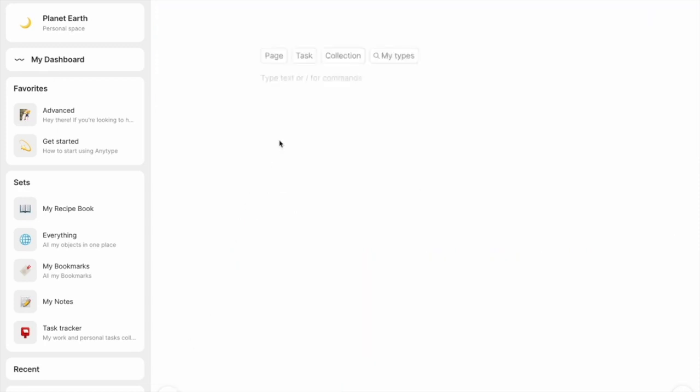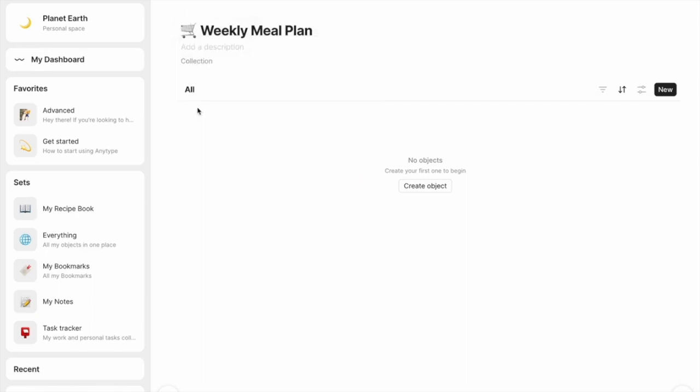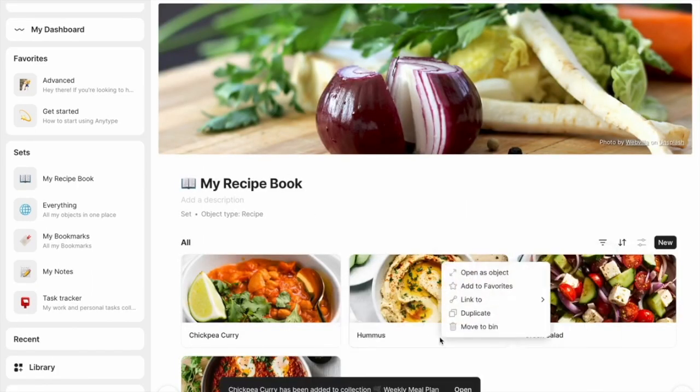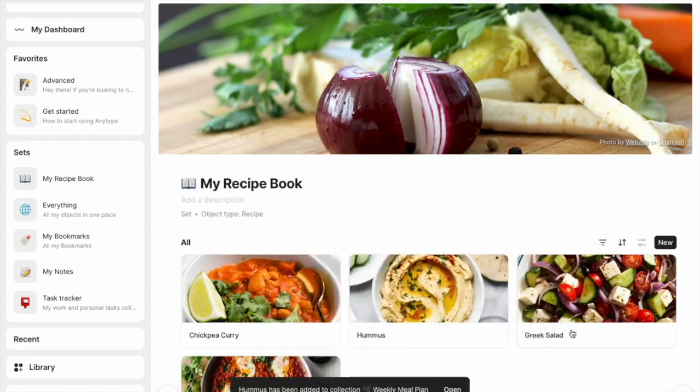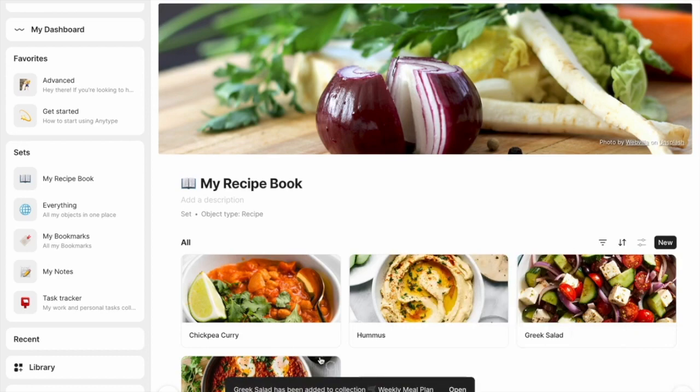Alternatively, let's say I want to create a grocery list based on the recipes I've chosen for this week. What I'll do in this case is to create another object called a collection and name it weekly meal plan. I can now add any object I want to this collection, but I'm really only interested in adding recipes. So let me jump back to my recipe set and start linking the recipes which I want to cook this